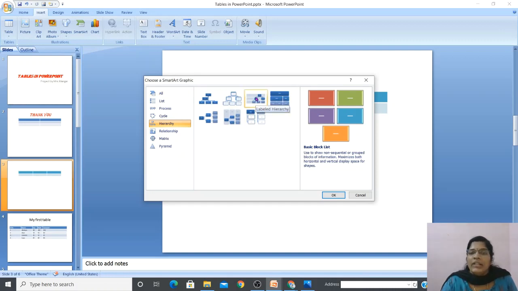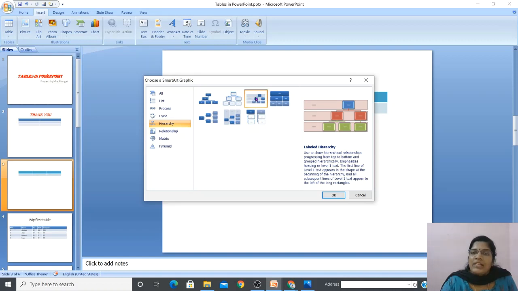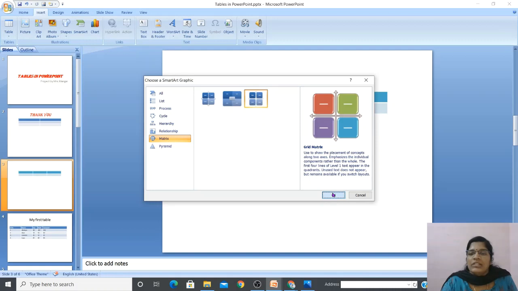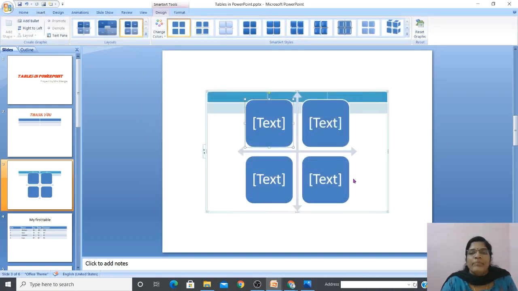And if you're choosing a particular pattern, you can see the preview on the 3rd column. And if you feel good with that, you can just click on the OK button, and it will appear. And in order to type inside, just click inside, you will get a cursor, you can start typing what you need. Clear? And you can see different patterns.